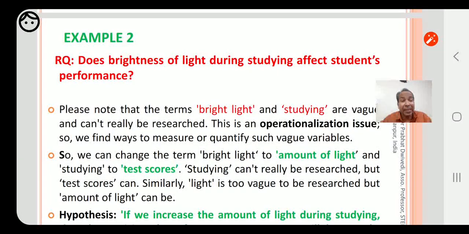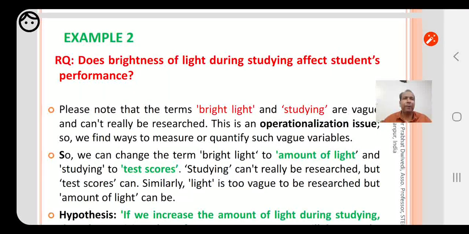But please note that brightness of light and studying performance are vague terms. How can you study it? Brightness of light, at which light will you see bright, at which light will you see dim?